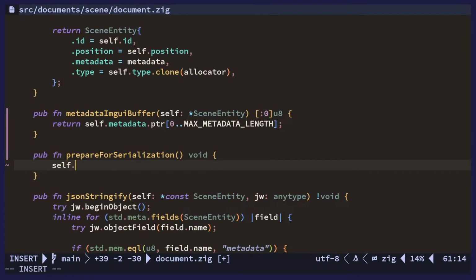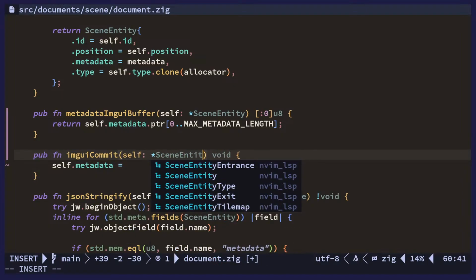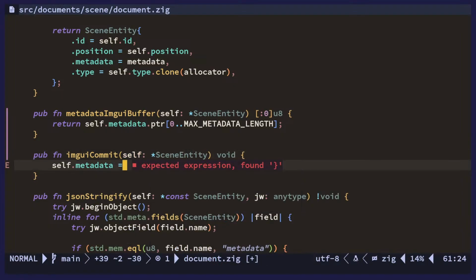We will do self.metadata is equal to, actually no, this would have to be done each time the thing changes. So I think we have to call this every time. Okay, so let's call this ingui commit. And it sets metadata to be